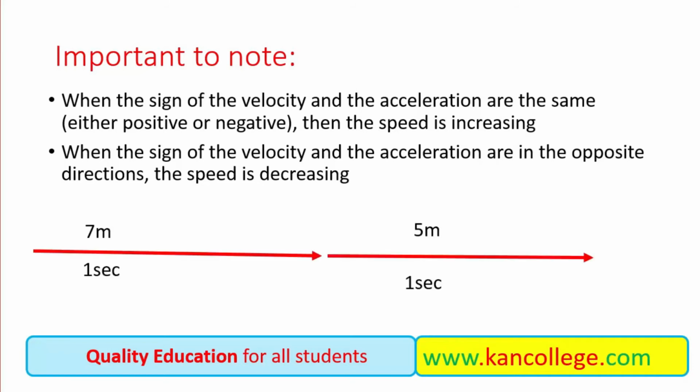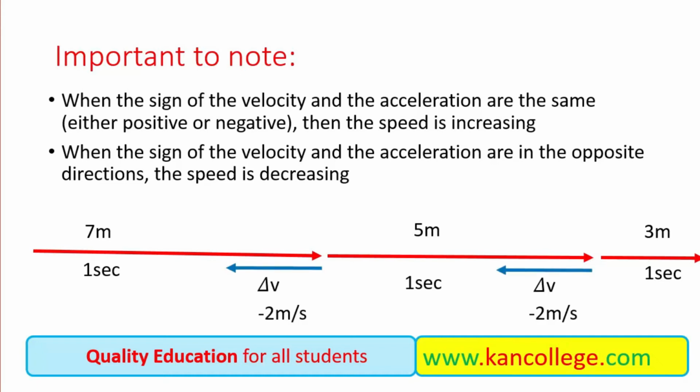For example, if a body is decreasing its speed, and initially the velocity was 7 meter per second, but the change in velocity is 2 meter per second in the opposite direction, meaning a negative sign, then in the next second the speed of the object will decrease to 5 meter per second, and if the body further changes its velocity by a negative 2 meter per second,